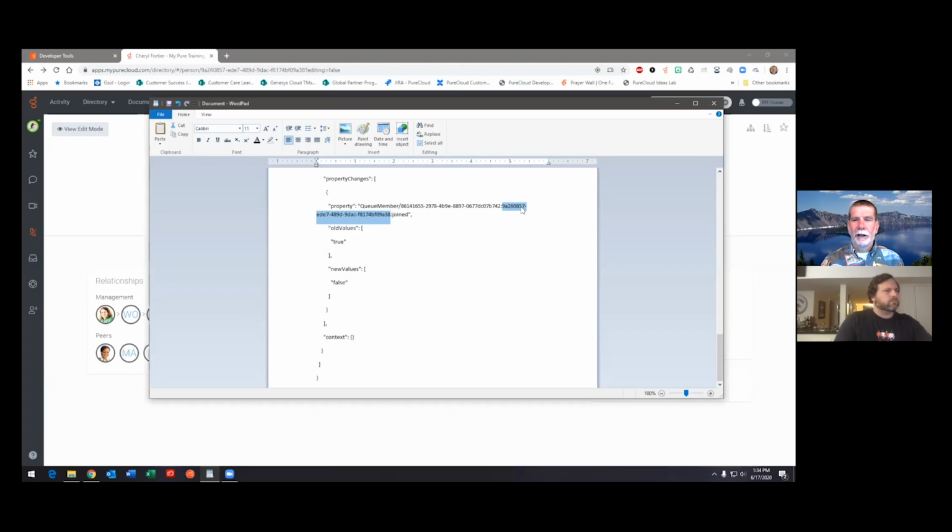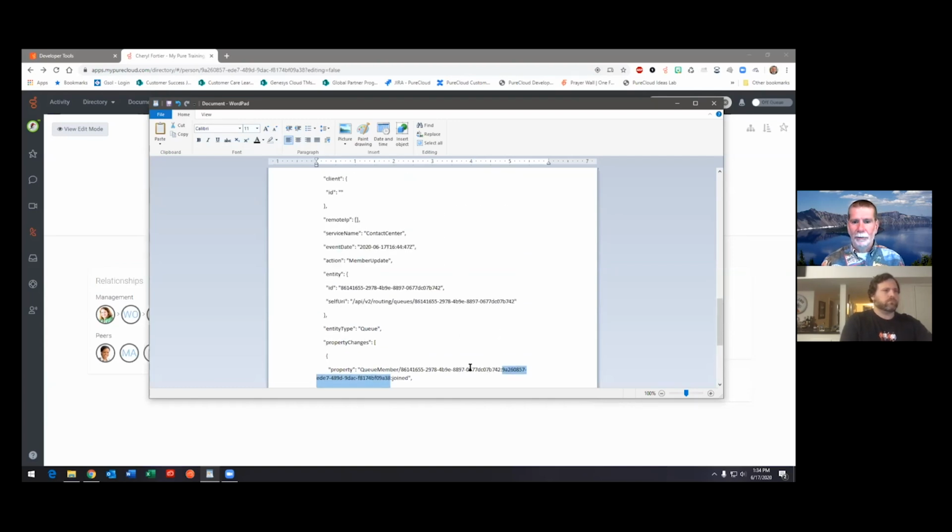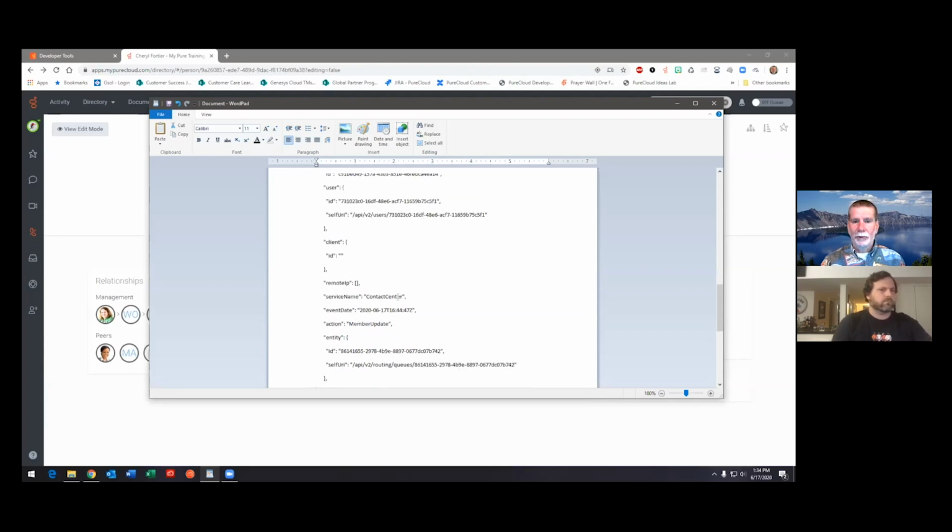Had her joined property changed, so somebody changed her from true to false on activation in this particular queue. And if I really want to get detailed, I would need to go back and find the queue as well to figure out which queue this was she was deactivated on. But it's the only entry in this one that shows a deactivation, so I'm going to presume it's the right one. And then up above, I need to figure out who did it.